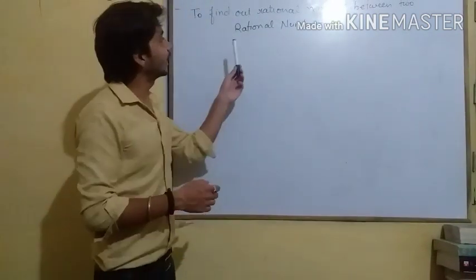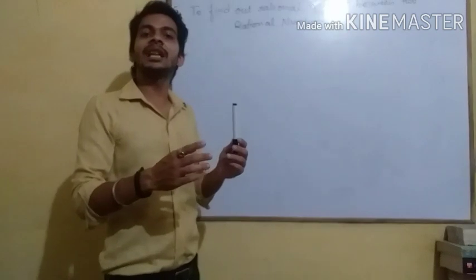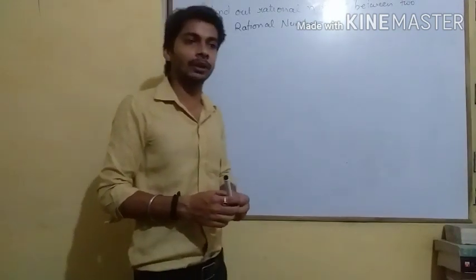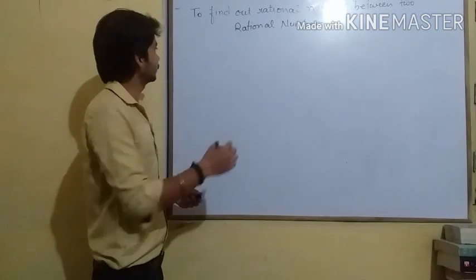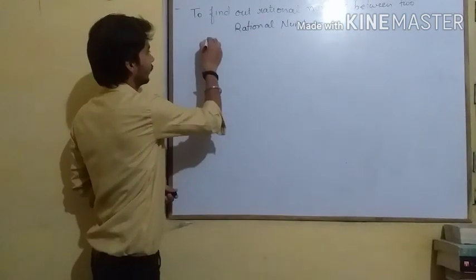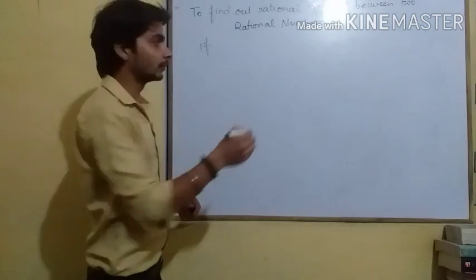To find out the rational numbers, किन्हीं दो दिए हुए rational numbers के बीच का एक rational number find out करना. So first, according to the definition, we can say here if we have two rational numbers